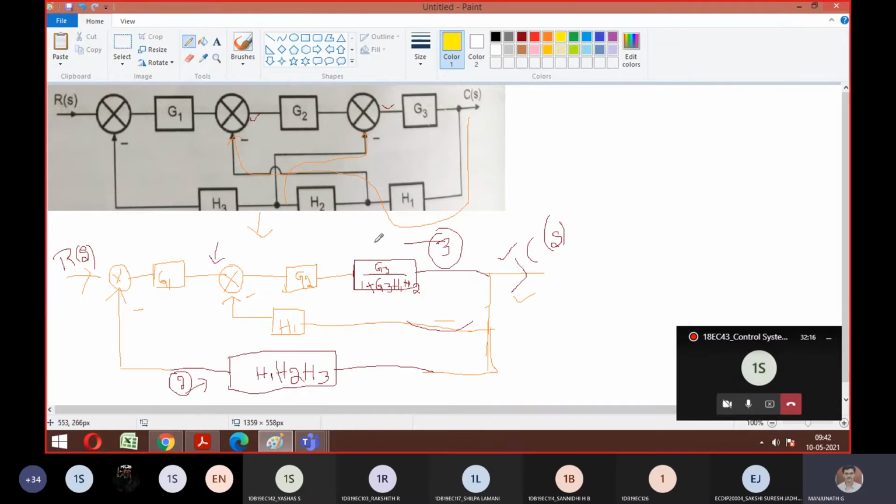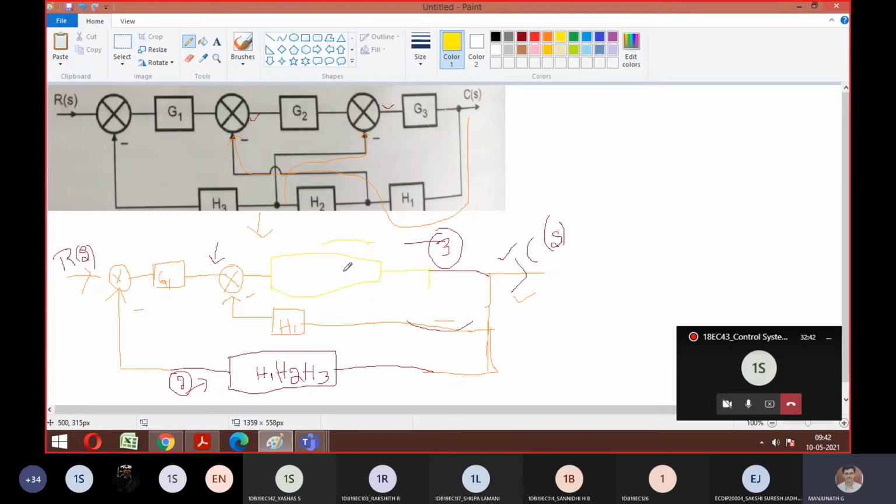What is step 4? Can we make this cascade? Again cascade? Good. So again this becomes cascade, so let me eliminate this complete block to a single block. I hope you're understanding the steps we're tracing here. Anybody who has difficulty, you should ask here. So this becomes one path. You can rewrite the formula.